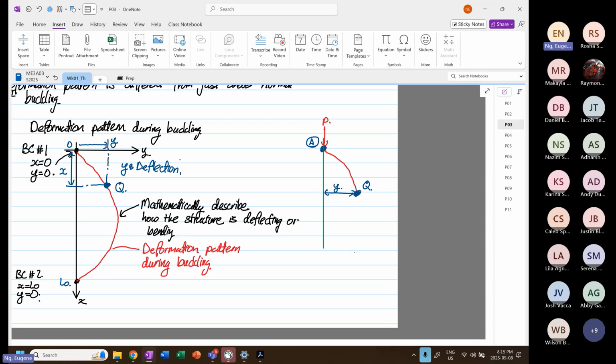So at point Q, we have a load to counter the P. This is our P prime. And then the P will induce a moment coming in this direction. Let's focus at point Q. So this is the moment at point A. Okay. So by applying Newton's